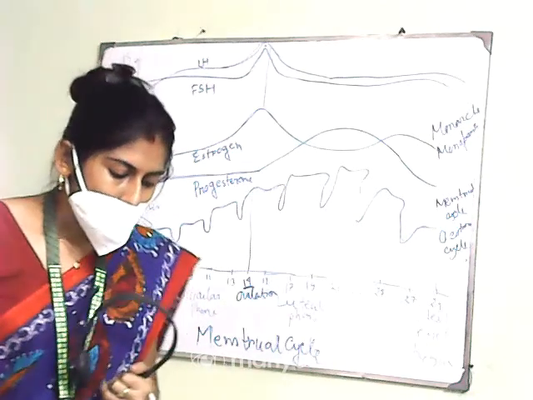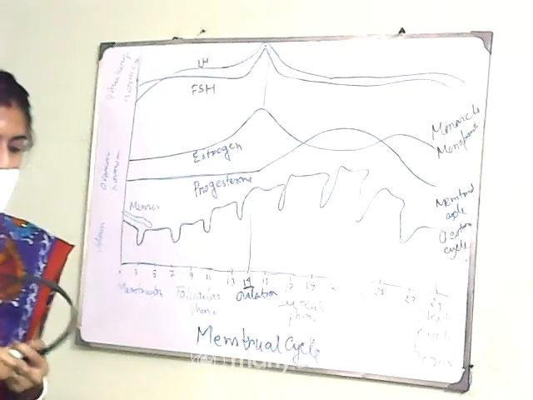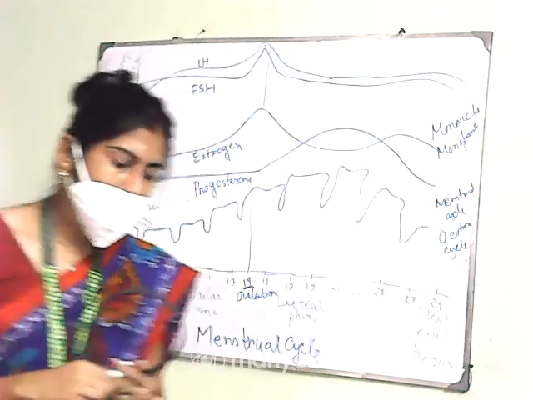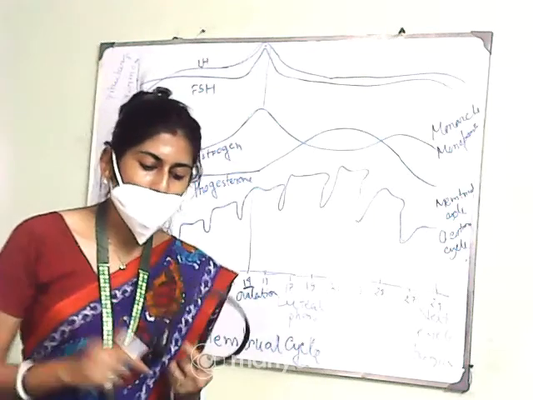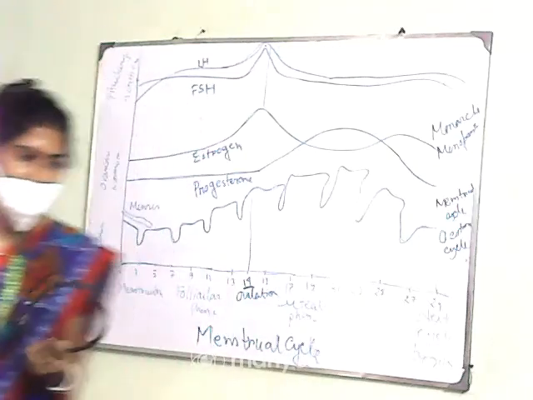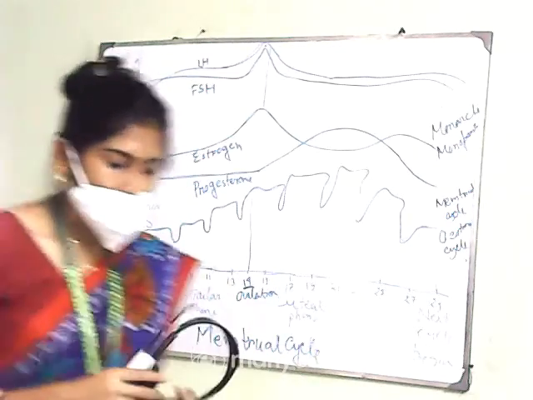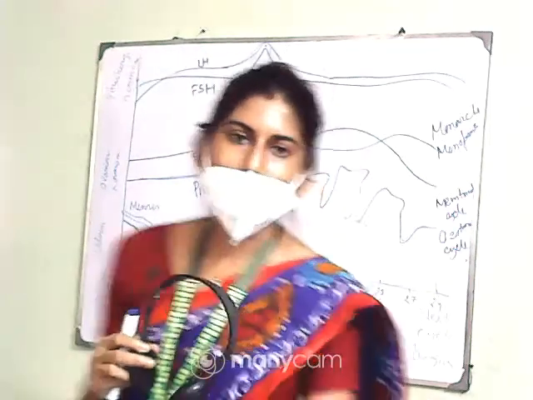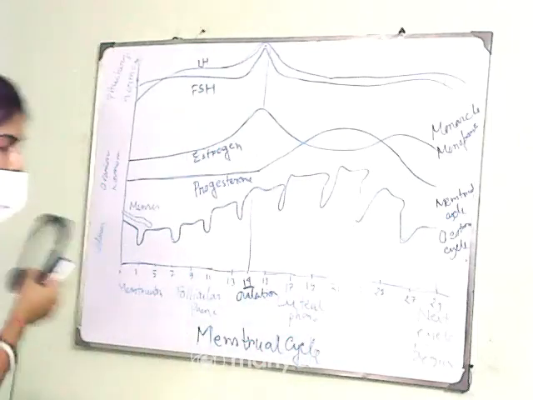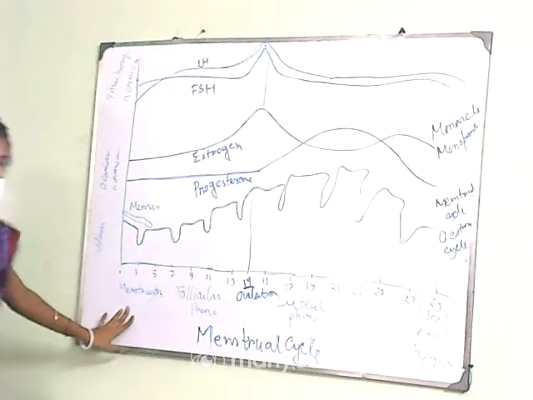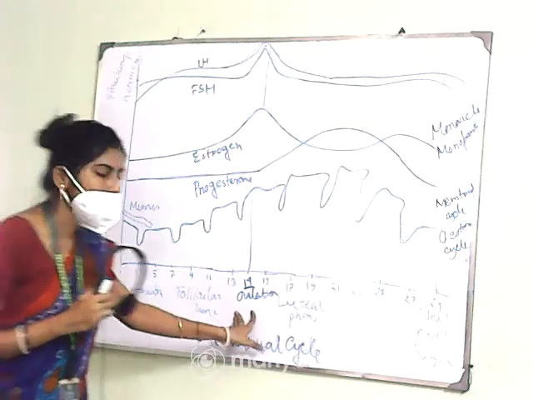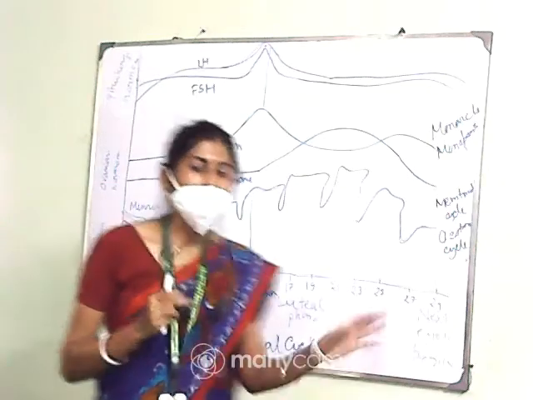menstrual cycle. Now, as I have told you, menstruation is repeated at an average interval of 28 or 29 days, and the cycle of events starting from one menstruation till the next is called the menstrual cycle. Now this menstrual cycle is divided into some phases. What are those phases? First is the menstrual phase, after that the follicular phase, after that the ovulatory phase, and at the end the luteal phase.